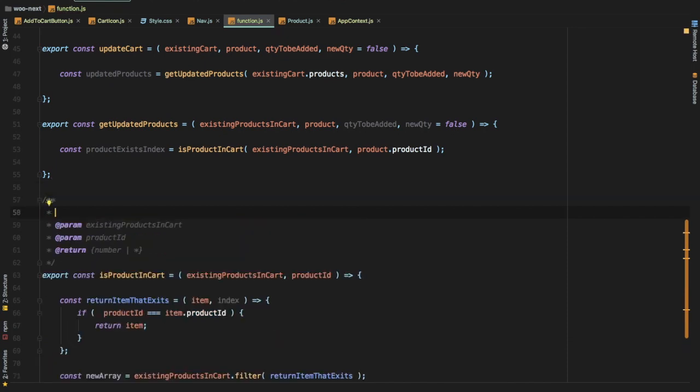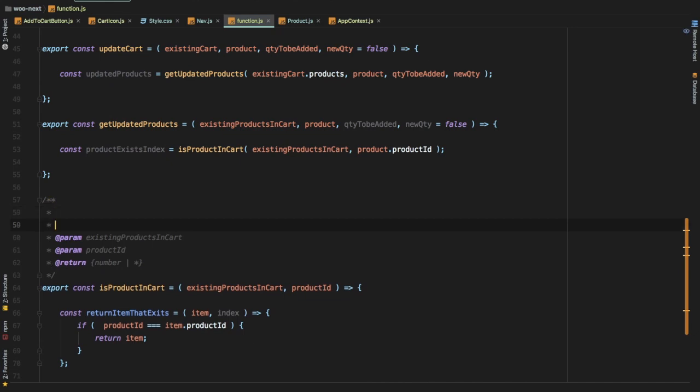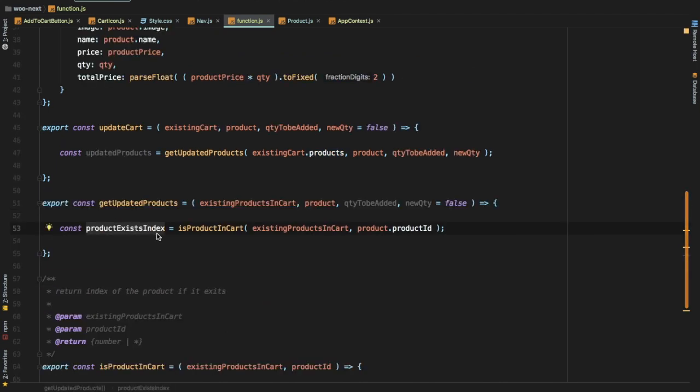So the job of this function is basically to return the index of the product if it exists. If it doesn't exist, it won't return that. Okay. So we get the index right here. Okay, so what do we want to do next? So once we get the index,